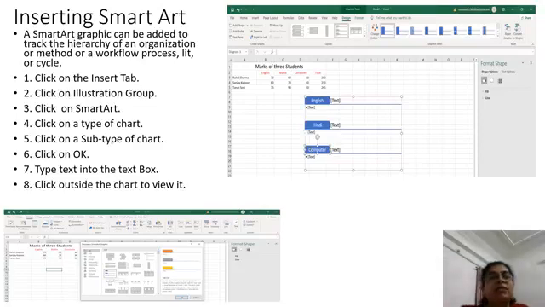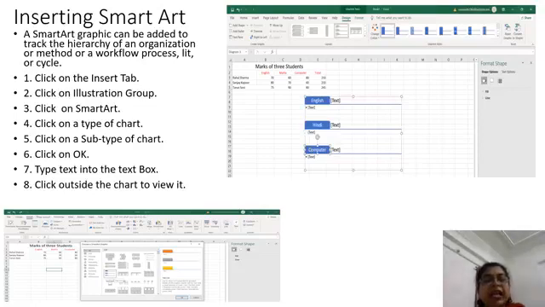For that, how to insert that SmartArt? What do we have to do? Click on the Insert tab, click on the Illustrations group, click on the SmartArt option, click a type of chart, click a subtype of chart, click on OK. So whenever you click on SmartArt, it will show you so many types.